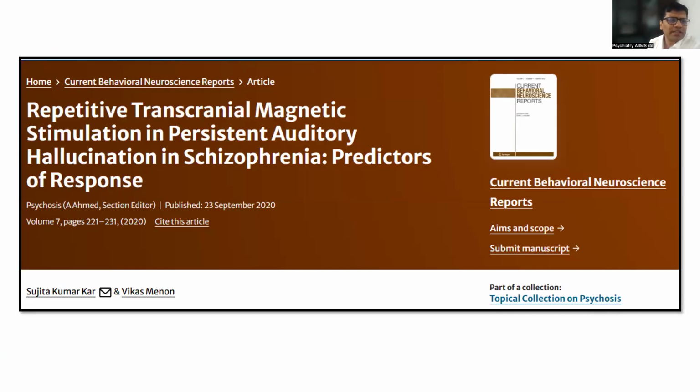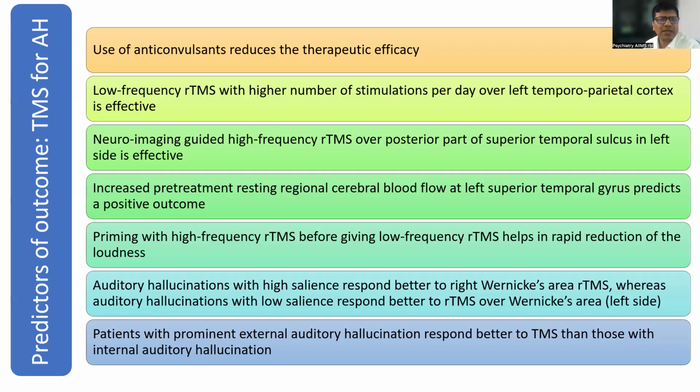We also wrote another interesting article. Can we predict the response to TMS when you are treating auditory hallucination in schizophrenia? There is a lot of evidence, like suppose somebody is receiving some anticonvulsive drugs, that reduces the efficacy of TMS. Anticonvulsive drugs like valproate, lamotrigine, carbamazepine, if they are given for treatment of comorbid affective symptoms,